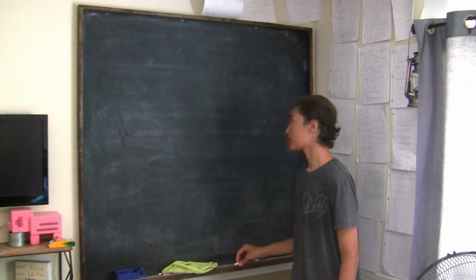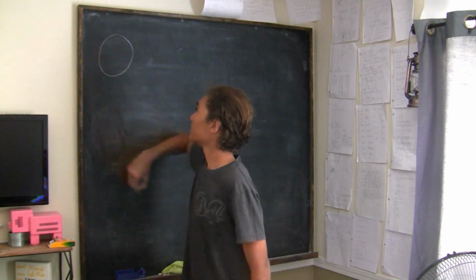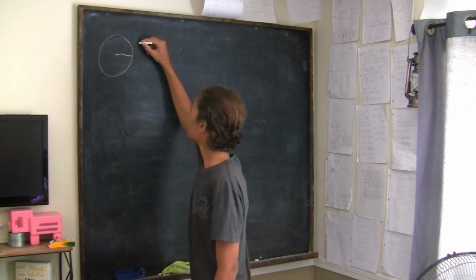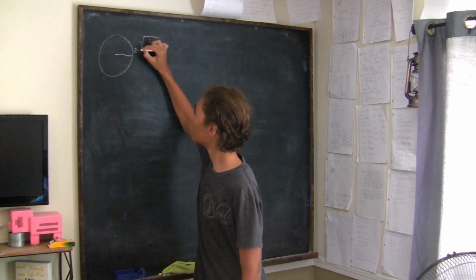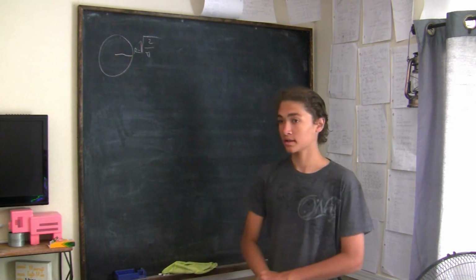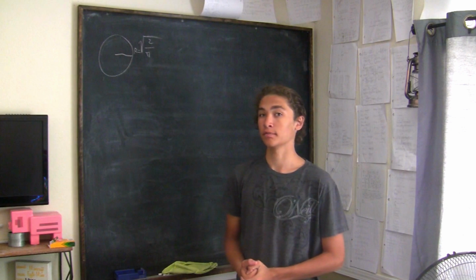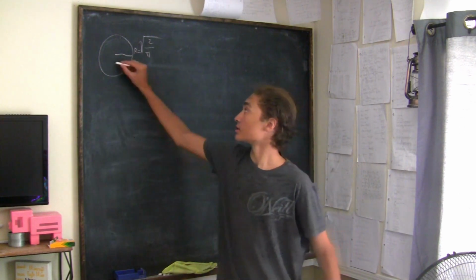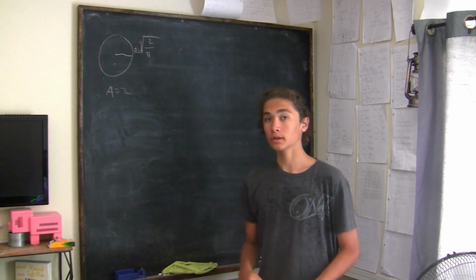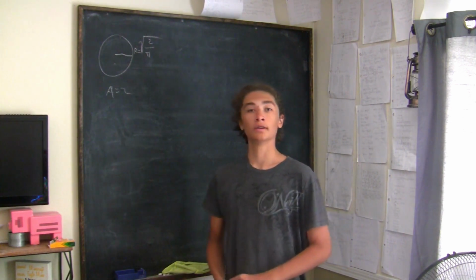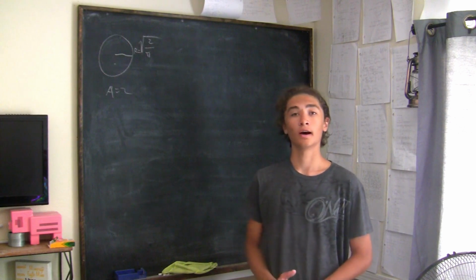Alright, so the first thing we're going to do is try to approximate the area of this circle with radius square root 2 pi. This radius is quite special because, according to my other takes when I actually computed it, the area of the circle will be equal to 2. So, I've come up with an approximation method to estimate the area of the circle that I don't